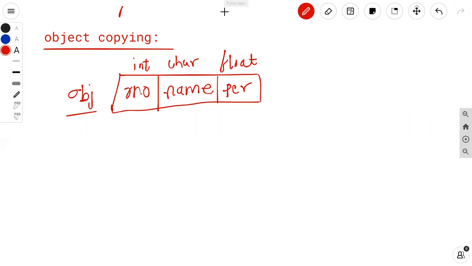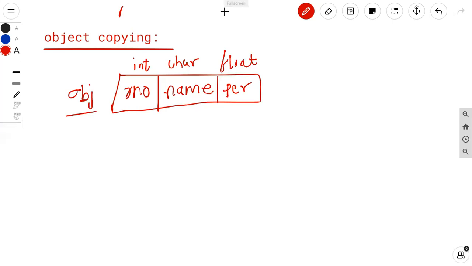The process of copying the attributes of one object to another object of the same type is known as object copying. What is the meaning of object copying? We need to copy all the data members of object 1 to the data members of another object which is of the same type.